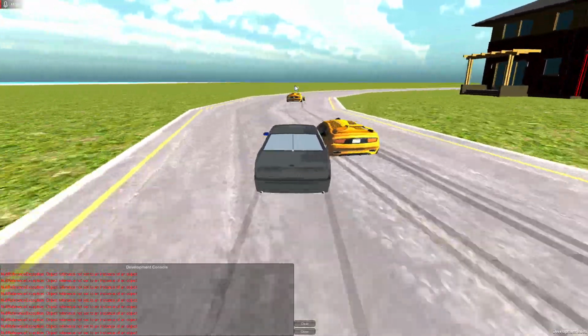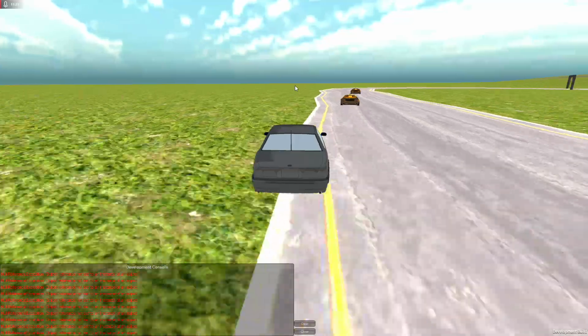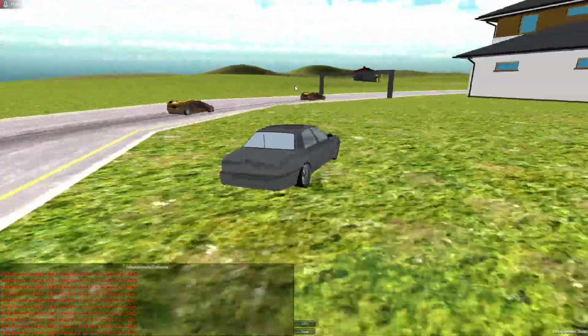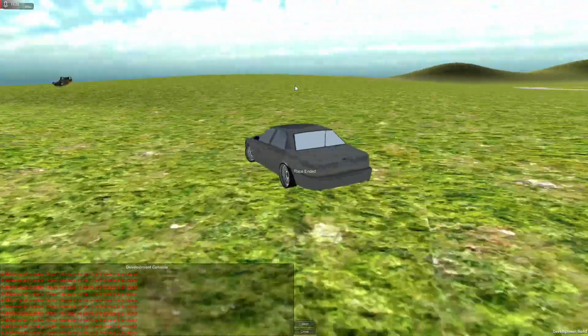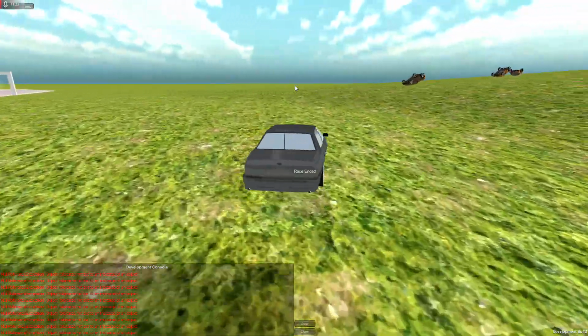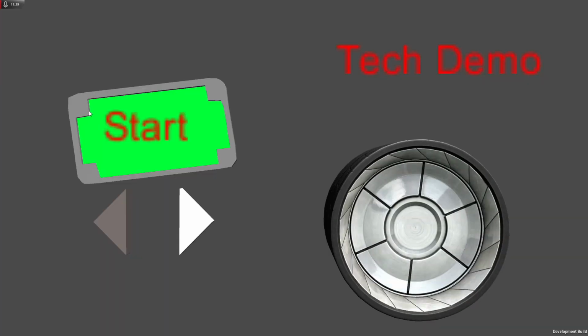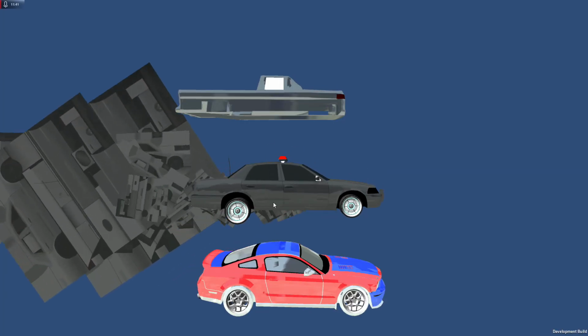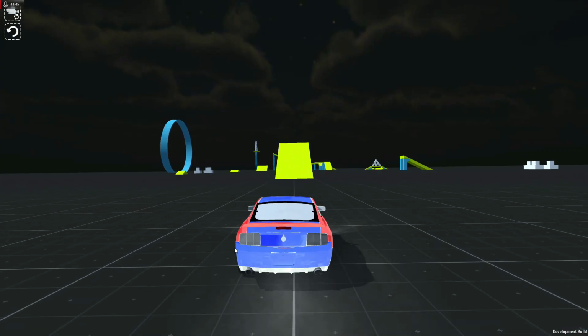So yeah, pretty much my problem was I would create a game and quote-unquote finish it, but I never finished them. Oh wait, oh no, it does say race ended, and then the car's just kind of like, okay, that makes sense. The game doesn't end, or you could press back to, but yeah, that's it. Now the tech demo here, we use the Crown Vic, the Mustang, or the truck. Let's use the totally not Mustang.